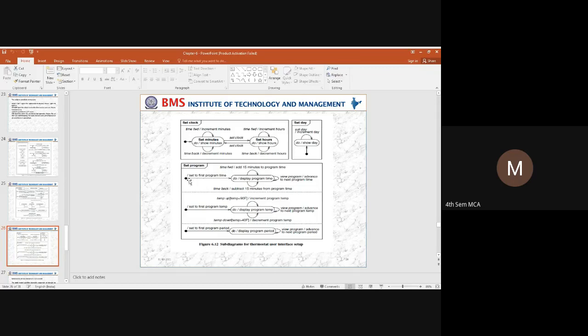Next is set program, which is a sub state diagram from a previous diagram that we can take. So here, what happens when you say set program? From the initial state, the program will be displayed. So either you can add the program time, or you can subtract the program time. That means either 15 minutes you can increment, or you can decrement the program time, and you can view the program, and what is the next program, what is the upcoming program, that can be viewed in advance. So that is what the set program is going to do.